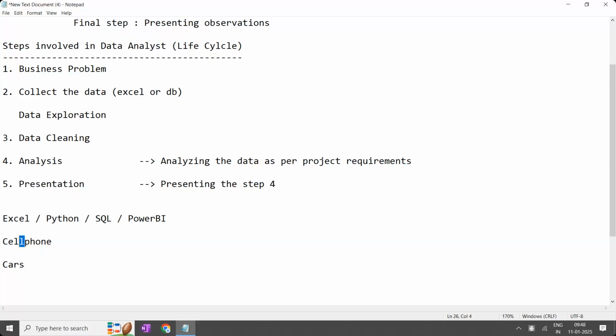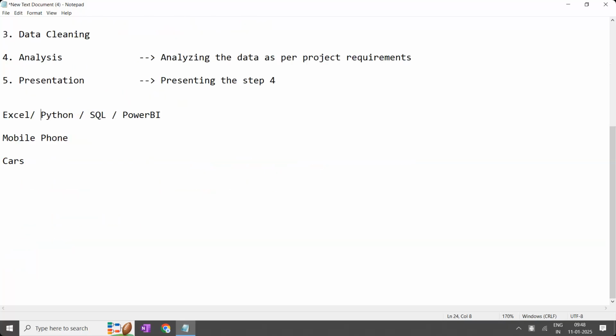Similarly, in mobile phones also, what is the difference between one mobile phone with 6 GB RAM and 64 GB inbuilt storage, miss? These are the small differences. Company to company, the differences will be available. So here, in one company you may use Excel, in one company you may use Python, in one company you may use Power BI, in one company you may use something different. That is the company's choice.